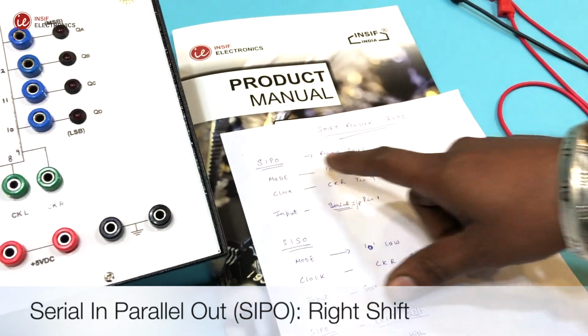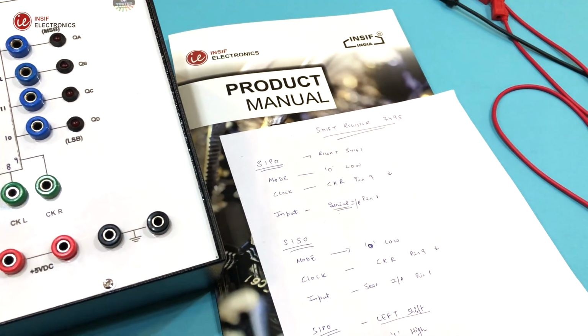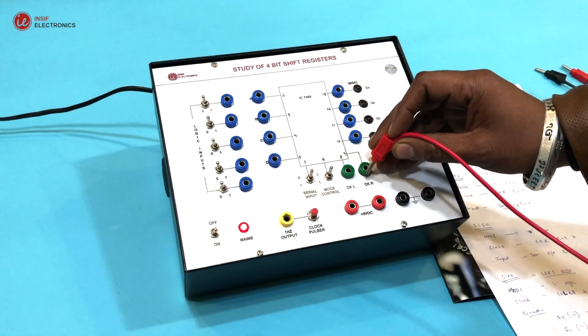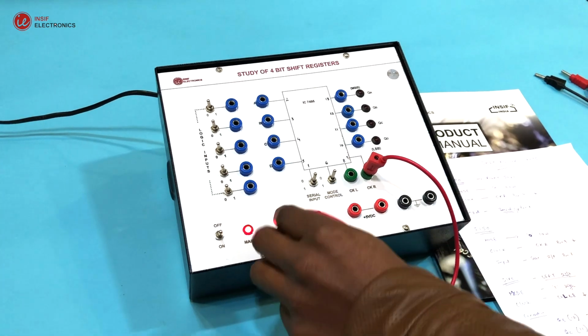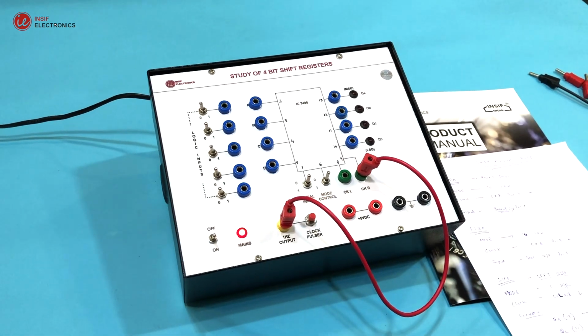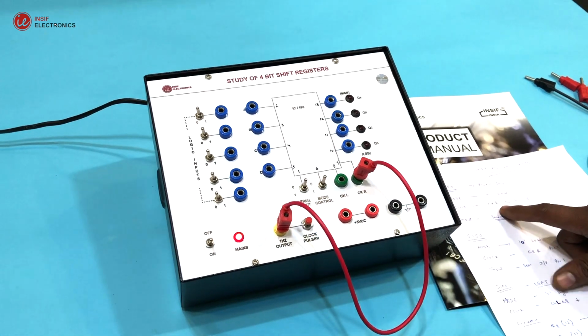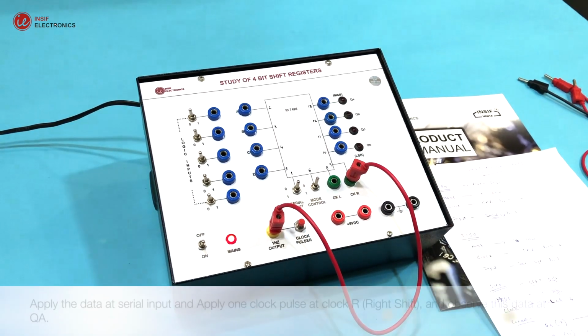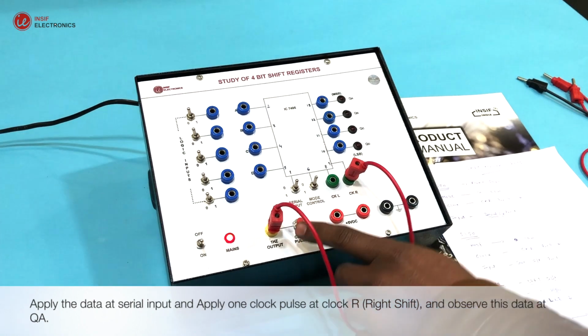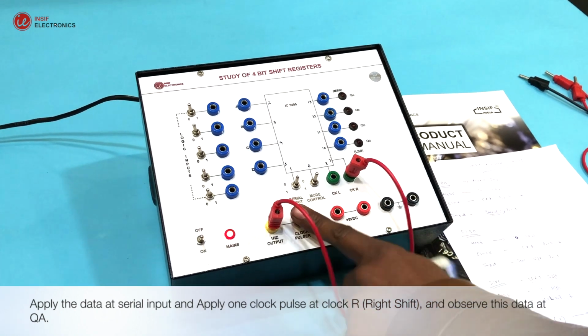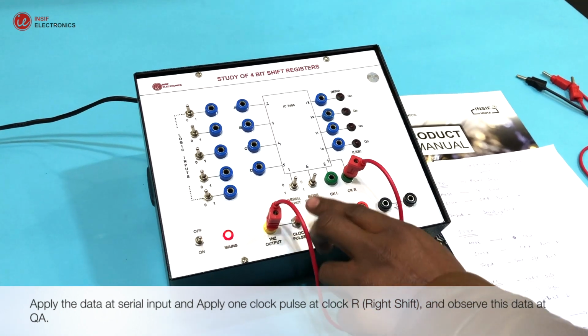Let's perform serial in, parallel out. Connections are made, as per circuit diagram. Set mode to low, that is logic 0. Apply the data at serial input, and apply 1 clock pulse, at clock R, right shift, and observe this data